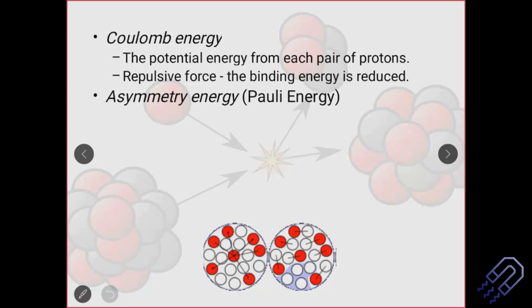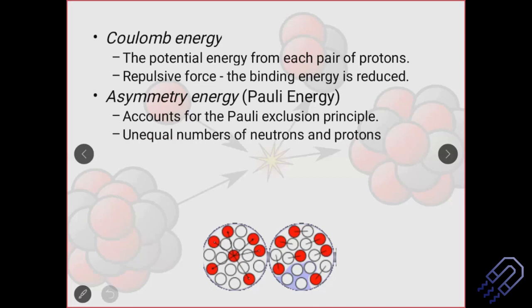Let's go to the asymmetry energy. Now asymmetry energy actually comes from Pauli's energy, also called Pauli energy. Up to this term, the surface term, the volume term, the Coulomb energy term are all based on the liquid drop model. But this asymmetry energy has come up from Pauli's exclusion principle. So this is important. This is different. This doesn't come from the liquid drop model. As physics progressed more and more, people tried to understand that even more terms are involved, and then you got this. This is more or less a widely accepted model now. So this accounts for Pauli's exclusion principle.